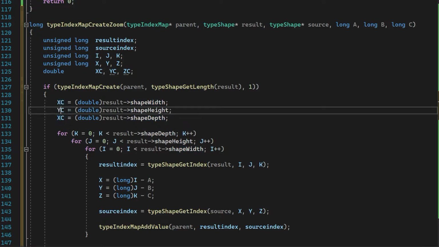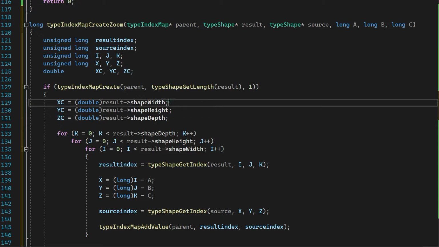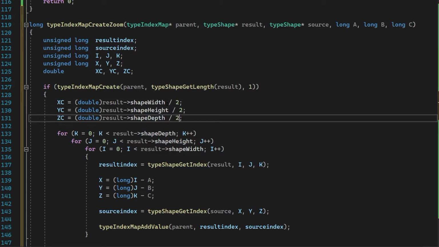X, Y, and Z. That's the center of the image. We have to calculate the center of the image, and for each pixel, oh no, divide by 2. What am I doing? We have to divide by 2, and that gives us the center. Okay, what else will you do? Zoom. In order to get the center, we have to zoom